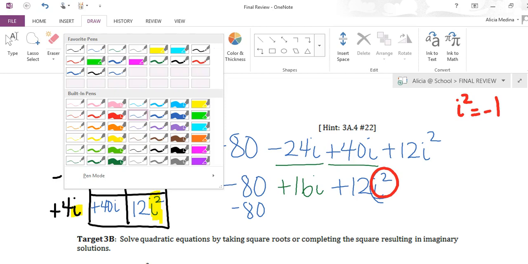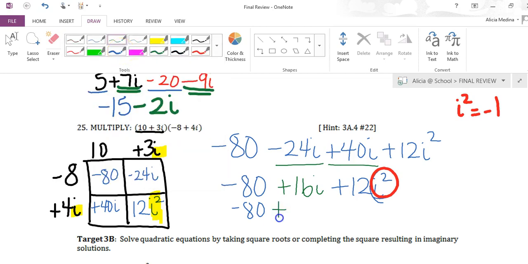Keep my colors the same here so we don't get lost. Plus 16i plus 12, but now I'm going to replace that i squared with a negative 1. So this is going to change to times a negative 1. My equation then is going to be negative 80, still plus that 16i,